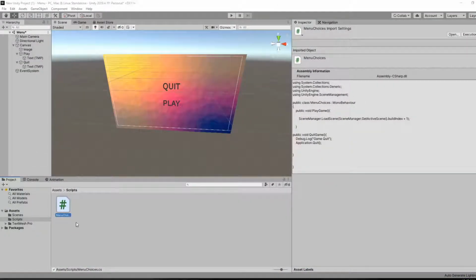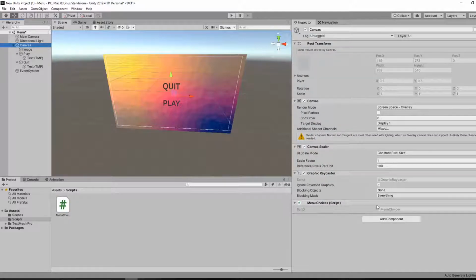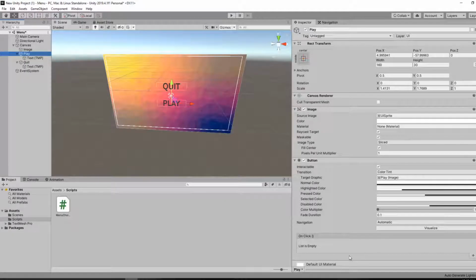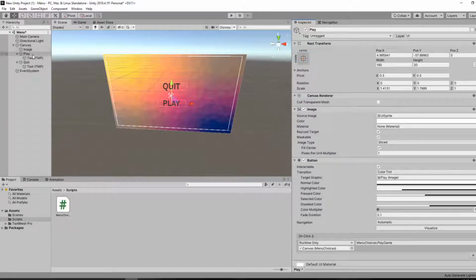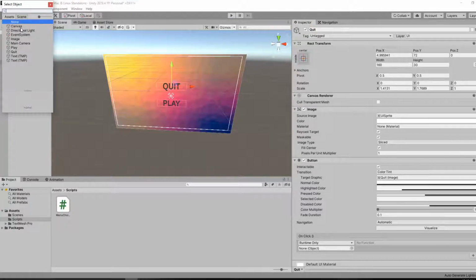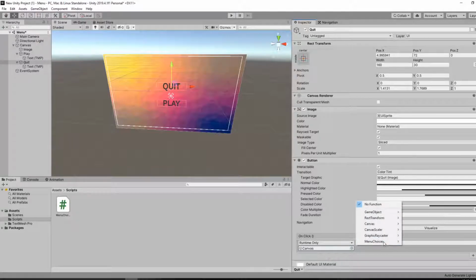Okay. Now, just drag this onto our canvas. And we'll go to play. On click, we'll click the plus. Then we'll drag in our canvas over here. No function, menu choices. Play game, make sure that you are on play or whatever you called your function. So on click, canvas. Now same thing, only that we select quit game. And that's pretty much everything, except